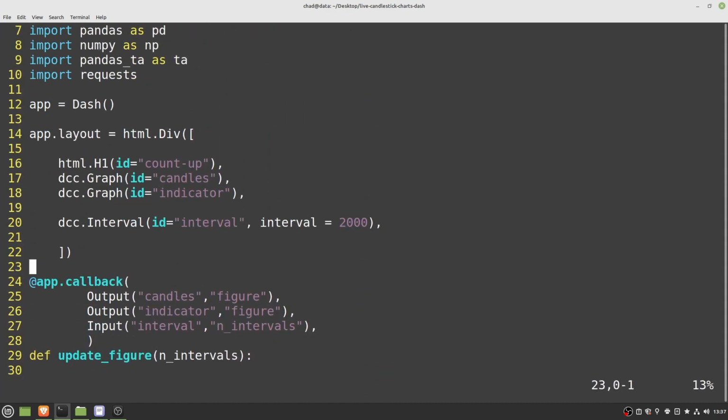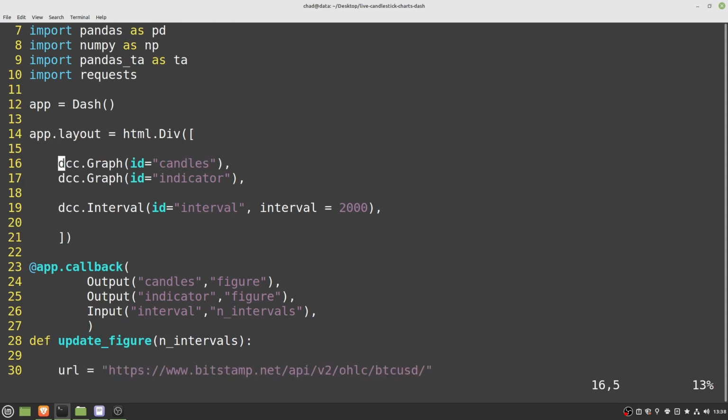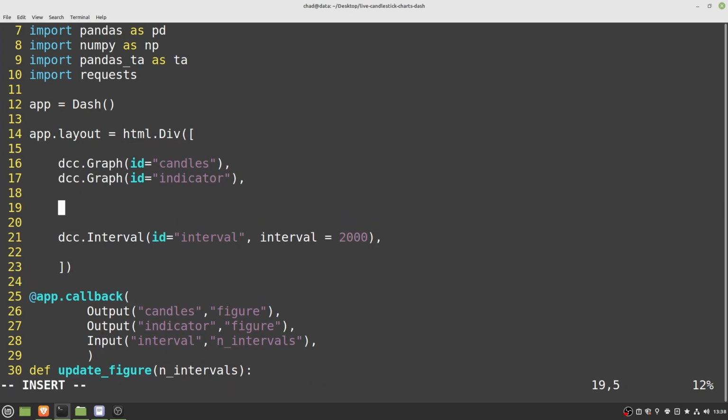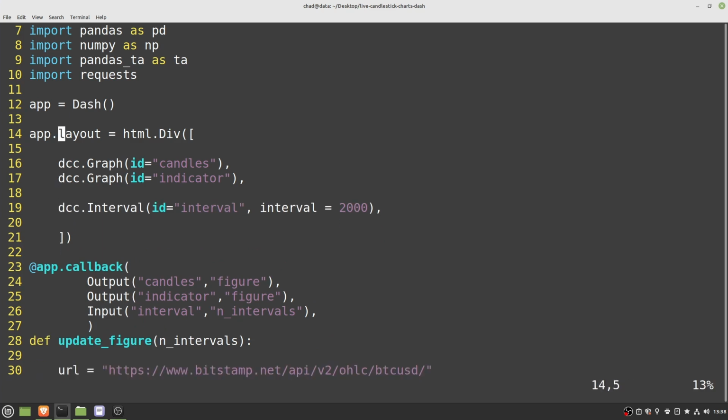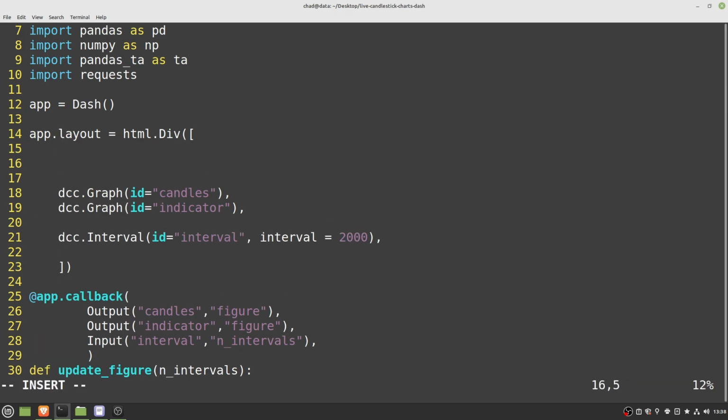So anytime you want to add something new into the layout, any kind of new button or drop-down or anything, it's always going to go inside this list here, so you can generally figure out where you're going to put things. I want my drop-down to go above the graph, so I'm going to put it up here. And what I'm going to do is I'm just going to say